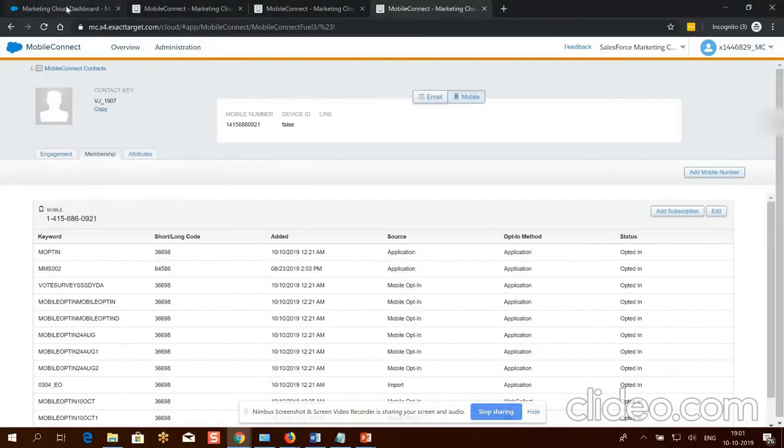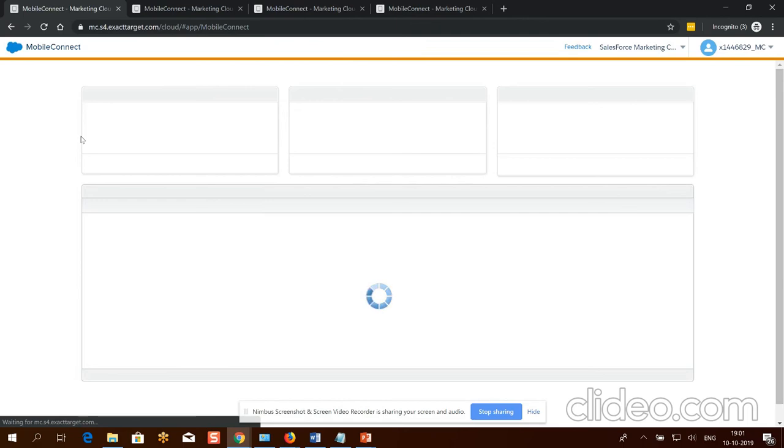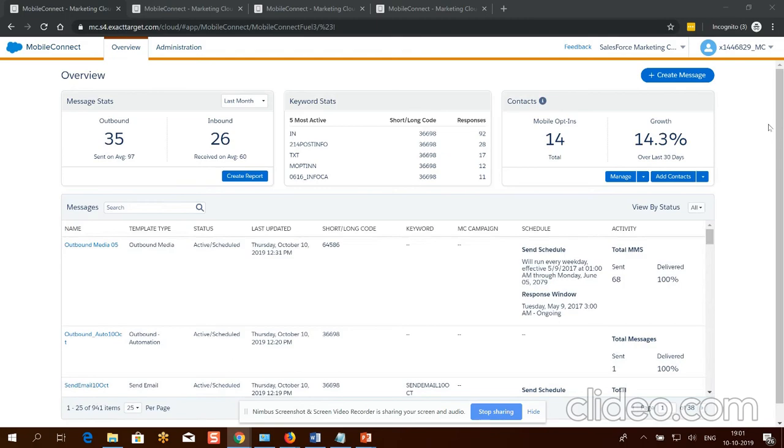Here is our application. To browse it, log into the Marketing Cloud application and come over to the Mobile Studio application. Now here is the Mobile Connect application. We need different types of configuration to use this Mobile Connect application in Marketing Cloud. This will be the home page of Mobile Connect. We will relate it with the Qtest at the end of the session, like which kind of messages are covered in which section of Mobile Connect.